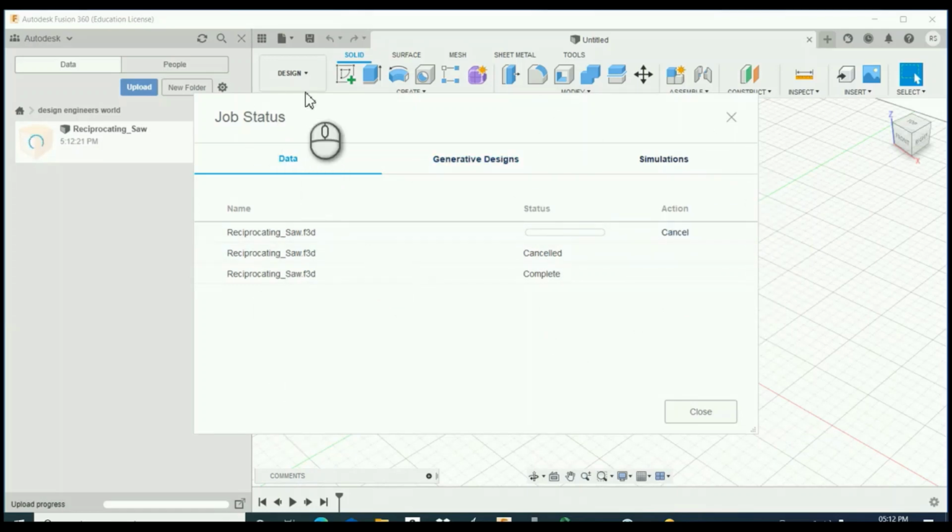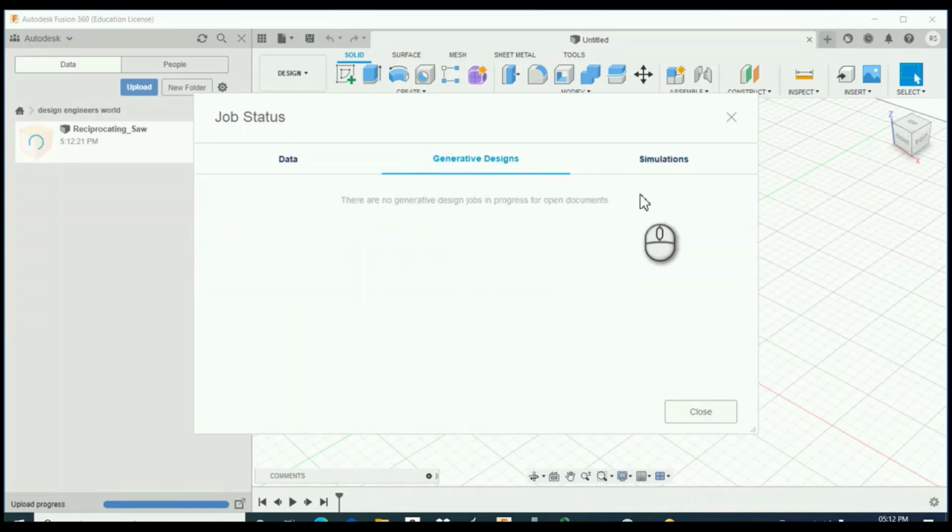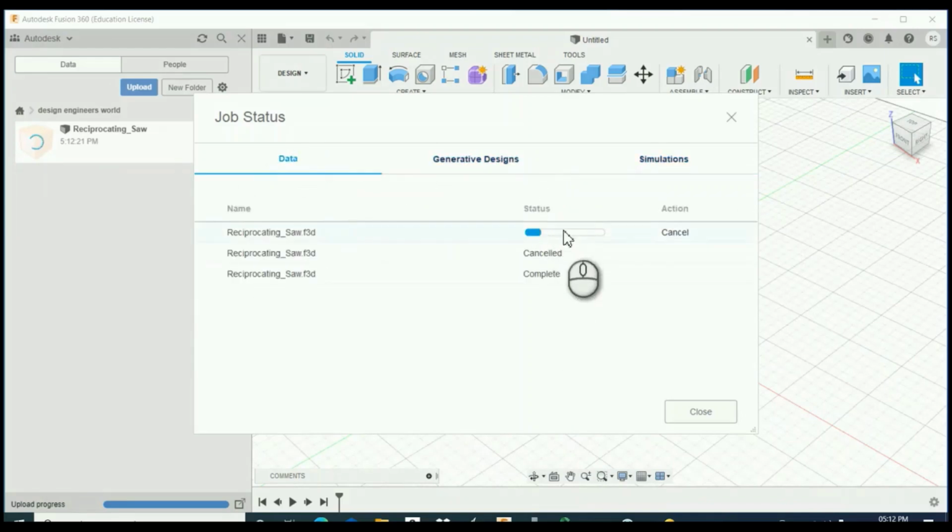The upload is started, and this is the job status. In this, you can view the status of uploading the file, and this is the job status for generative design and also for simulation. If you have created a study, then the job status is viewed here.